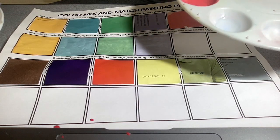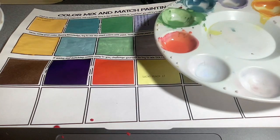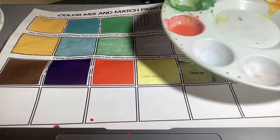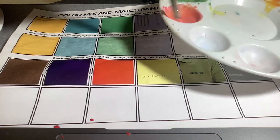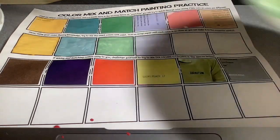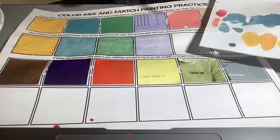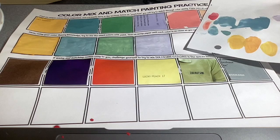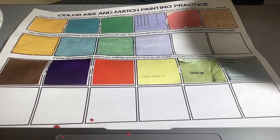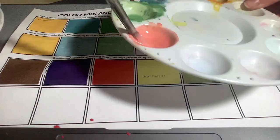And then of course I know it's not light enough, so after I do that, I'm going to add some white to it. The white's the one, since it's so light, that sometimes it really takes some work to get it activated, to get it going. So now all of a sudden you can say I have a lighter pink. It's got a peach undertone. I'm going to put a little dollop on my scrap paper and hold it up to the swatch, and I have gotten it closer to the magazine swatch. Your goal is to keep doing this over and over again and repeating until you can get your color as close as possible to the swatch,